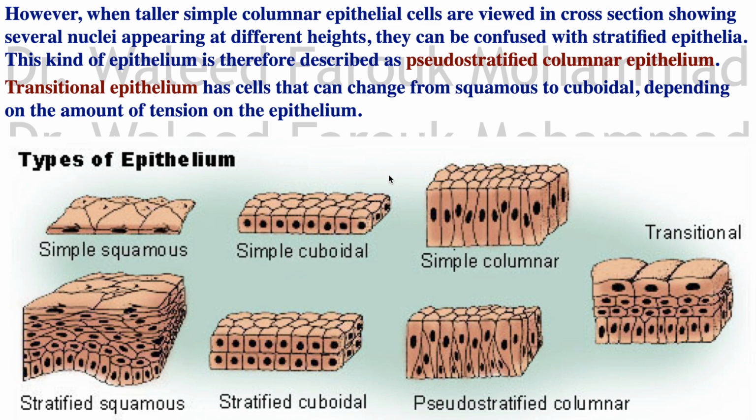As mentioned before, the simple columnar epithelium, if taken in certain sections, like this one, for example, you can see the nuclei at different levels, so it looks as if it's stratified, but don't judge by the position of the nuclei. Look at the cells and how they reach the basement membrane. Here all the cells reach the basement membrane. In the stratified epithelium, the upper rows of cells don't reach the basement membrane, but in this example all the cells reach the basement membrane, so it's pseudo-stratified